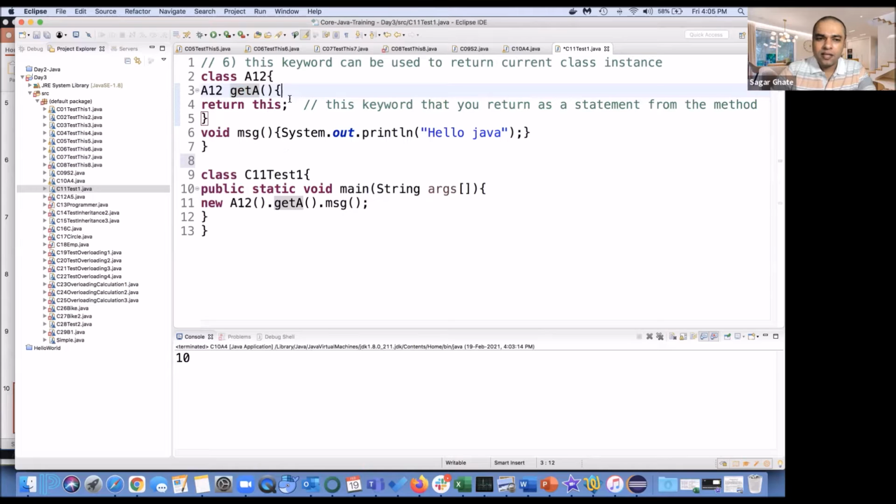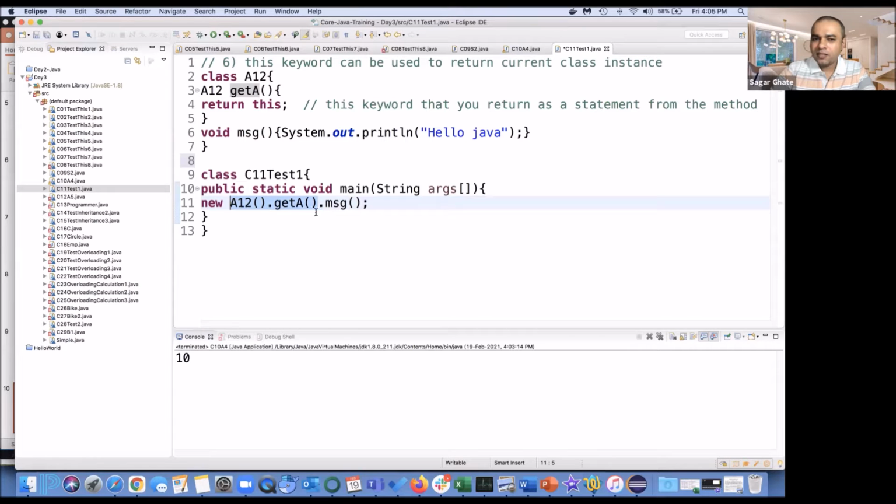And then once you get the method, we are doing .msg. We can call any method like object.method when this part is the object, correct?